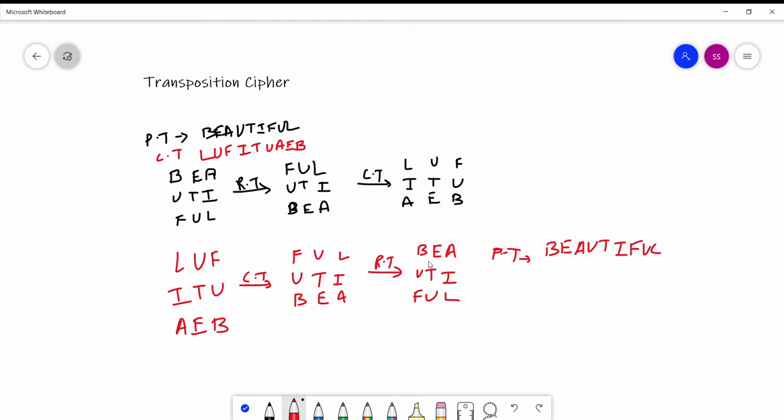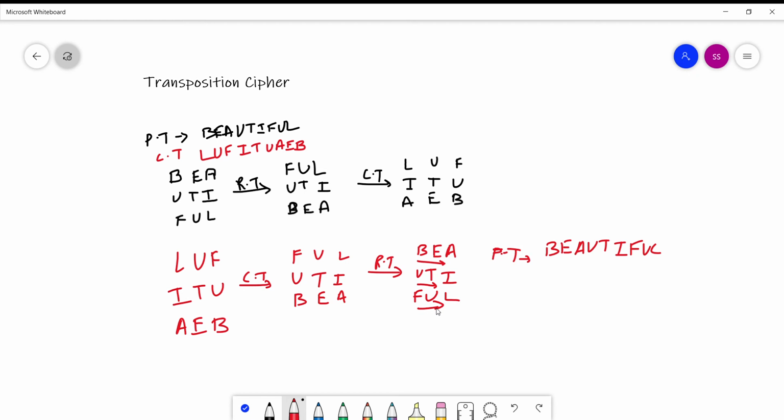I'm reading like this: first this, then this, then this, the way in which I had transformed my plain text. So we got back our plain text. So this was the method of non-keyed transposition cipher.